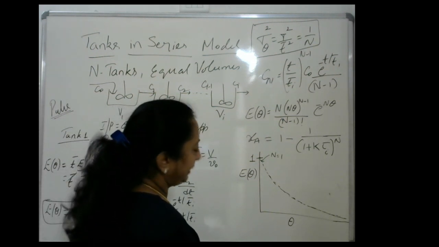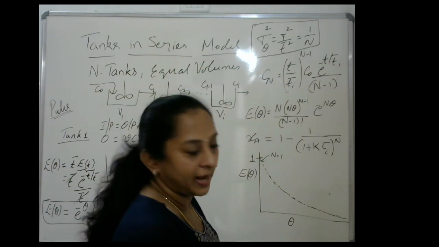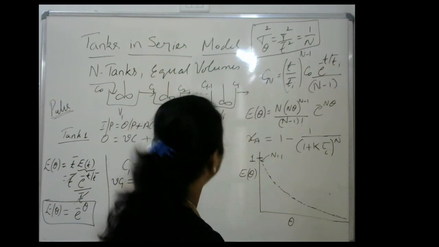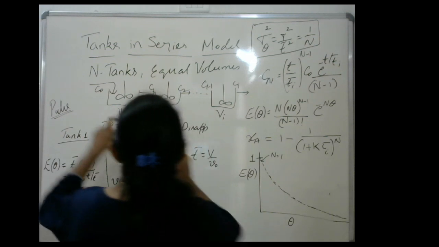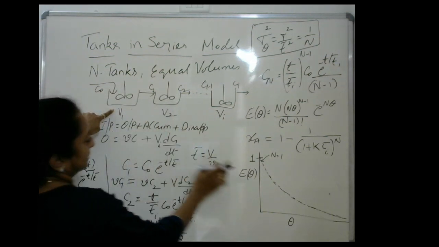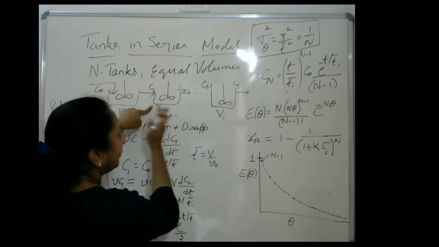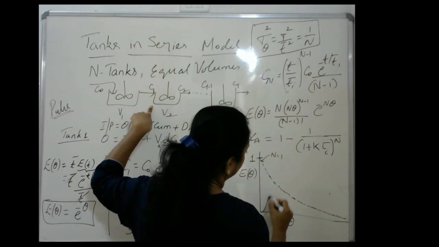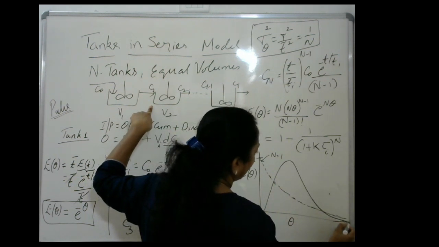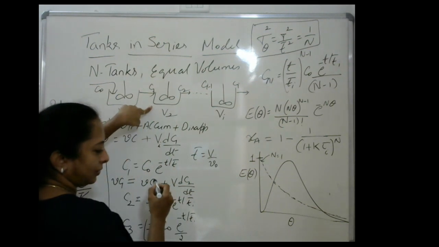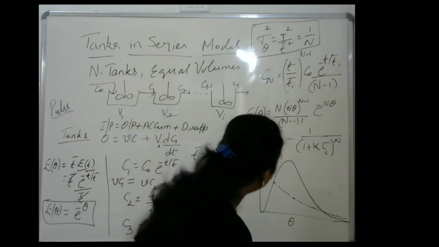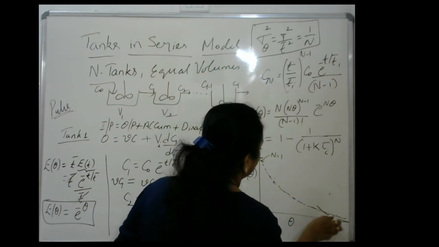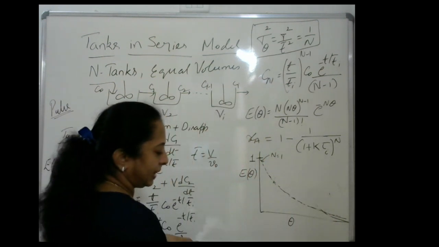This is what you get, and for a different number of tanks now. As you go on, moving towards number of tanks, here you can expect this nature, but here there is more mixing. There is more mixing happening. So the graph may be in this way, more skewed. Oh, let me not draw such a huge slope. I want to show something else also. So let me just go with the small values.